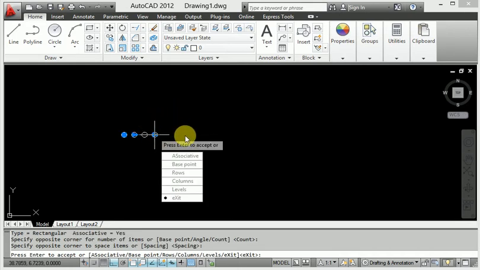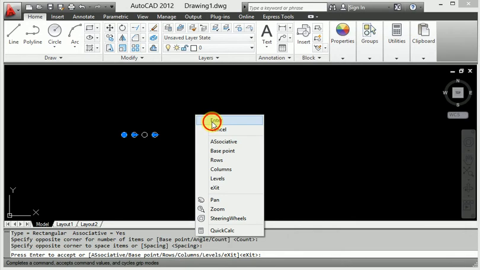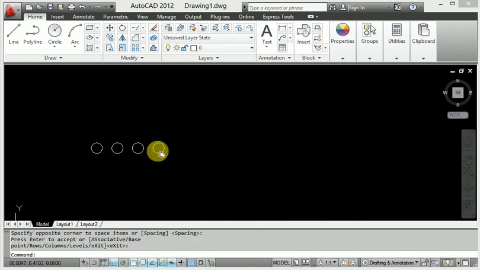This is complete. And if I want to change which direction it goes, first of all exit here. If you want to change the number of quantity, this is 4 quantity but I want to change it.